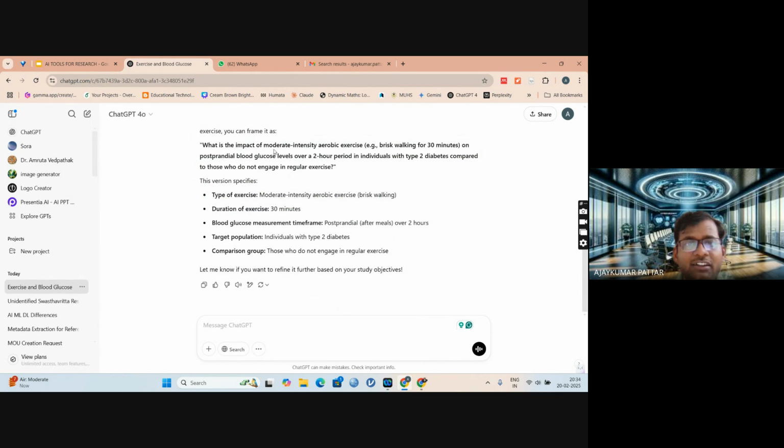You can also write it briefly: What is the impact of brisk walking for 30 minutes on postprandial blood glucose level? Take whatever you want.